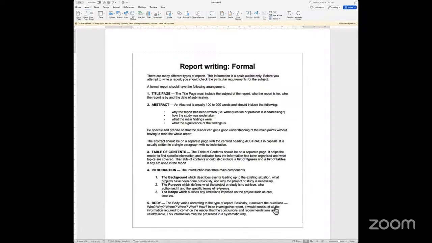So it could be an incident report, it could be an accident report, it could be a report that you are asked to compile because you're writing it as a headmaster of the school or a teacher of the school. You're writing a report of the performance of your students. It's a sales report, for example, that you're writing as a manager for your team, reporting to your boss.